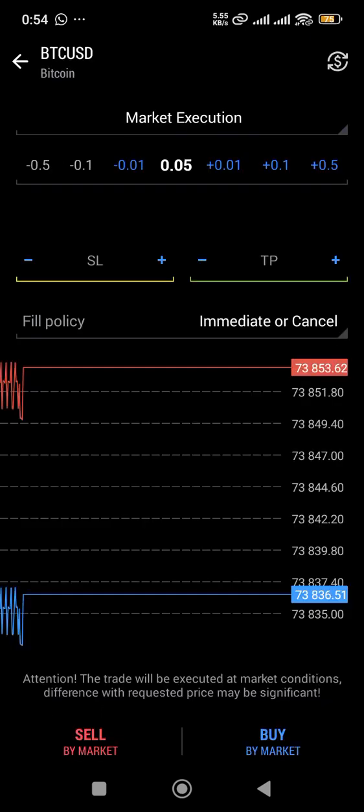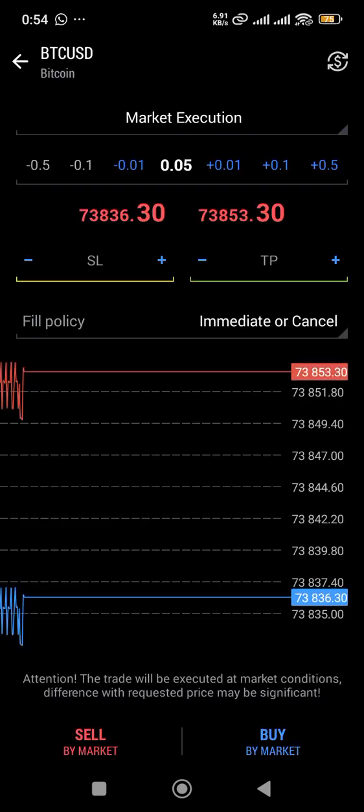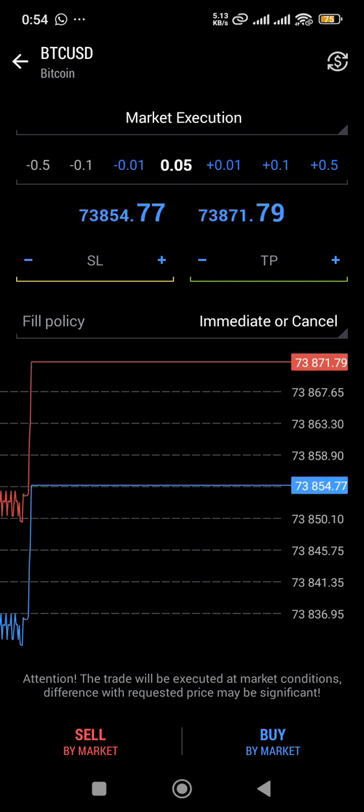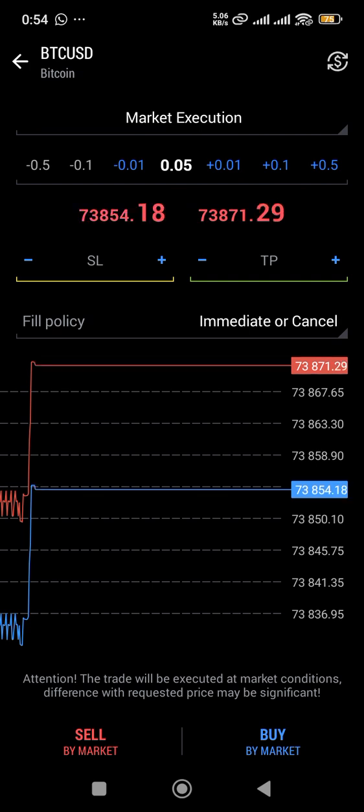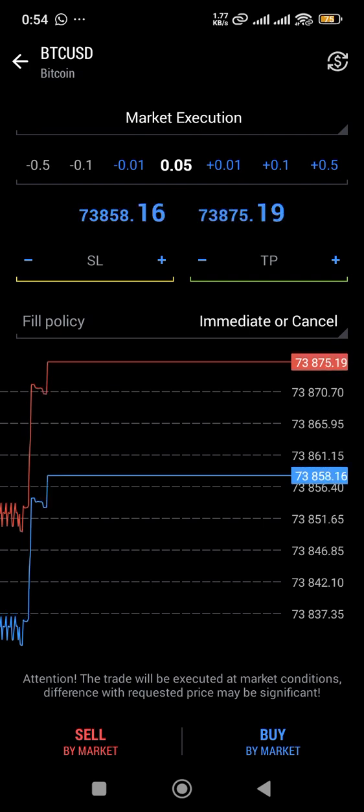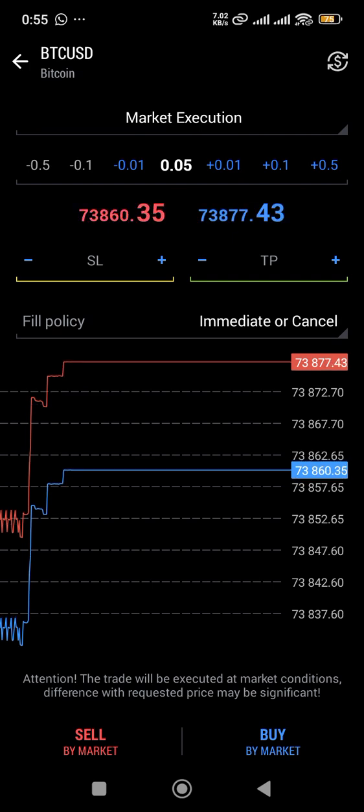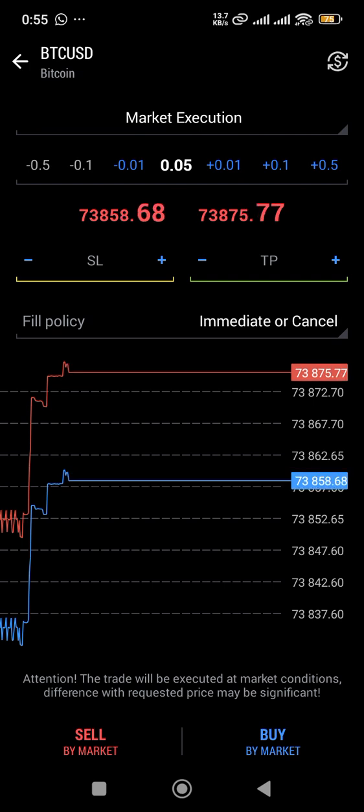Then what do I want to do? Do I want to execute the trade on the current market price instantly? Once I touch this button, if I touch the sell button, the market sells. If I touch the buy button, the market buys. So which of them, what do I want to do? So remember that this is instant execution,